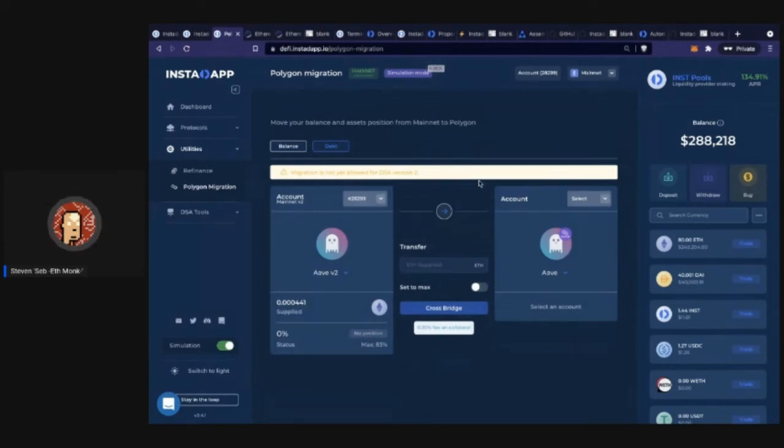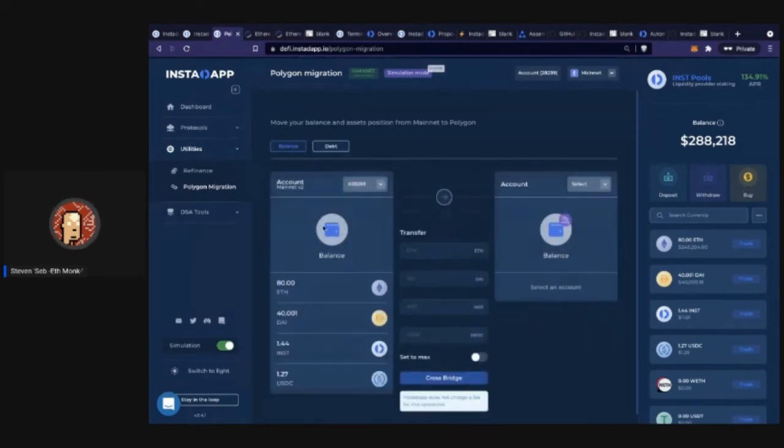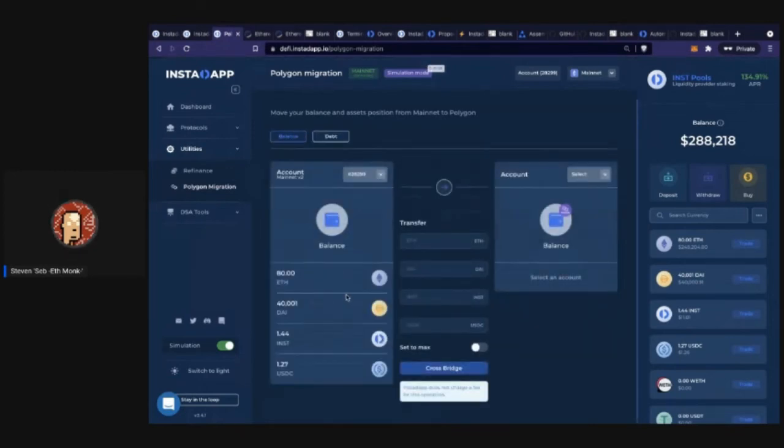You're able to take your Aave V2 position and bring it all the way into the Aave Polygon market. And that way you can take advantage of the super low fees and any of the farming opportunities on Aave. Very, very cool that we're able to do this. You can also move your balances, which is essentially accessing the traditional Matic bridge, so just moving your assets from one side to the other.